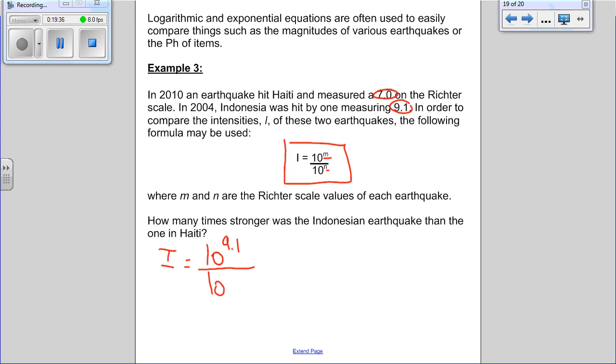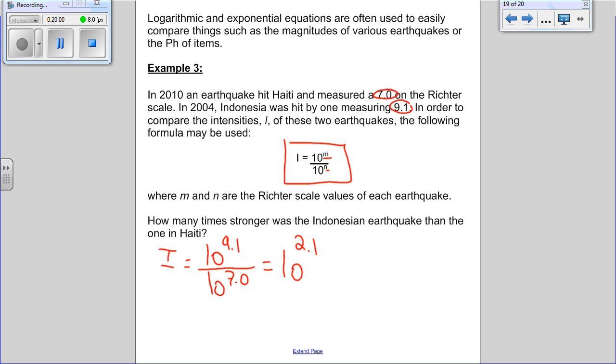You could actually calculate it. That's one way to do it. Another way to do it would be to use your exponent laws. If you have an exponent divided by another exponent, you subtract the exponents, so it would just be 10 to the power of 2.1. To actually calculate that, you go 10 to the power of 2.1, and it tells you